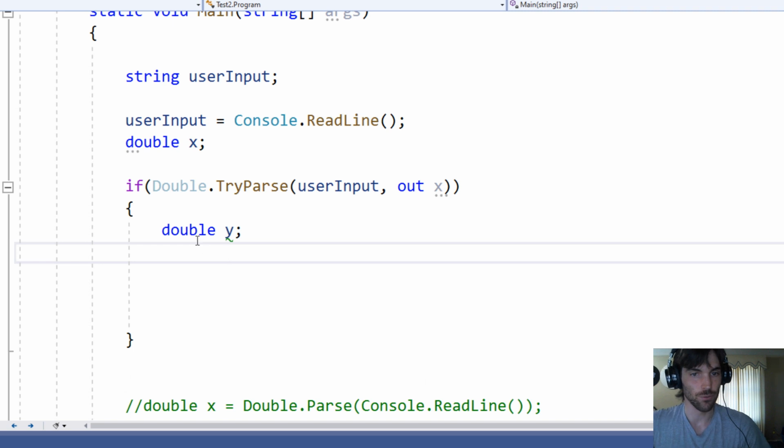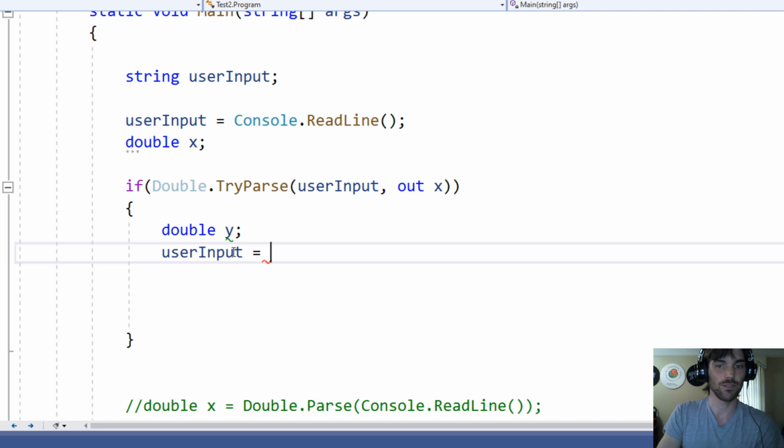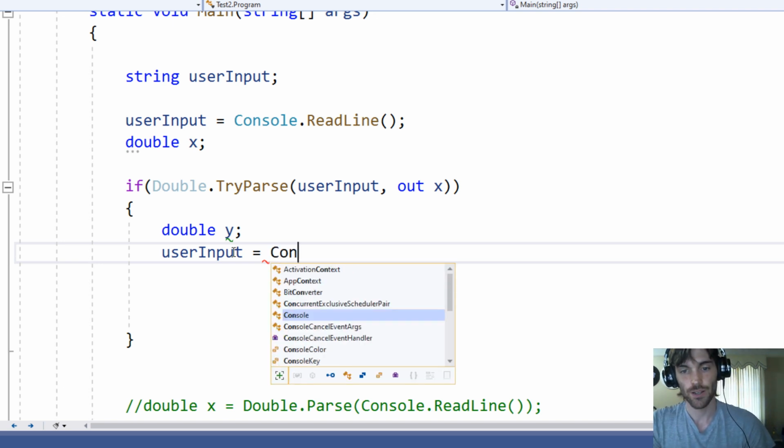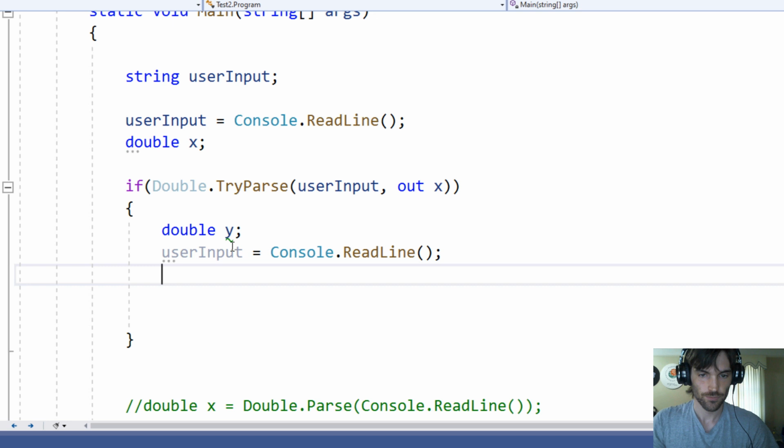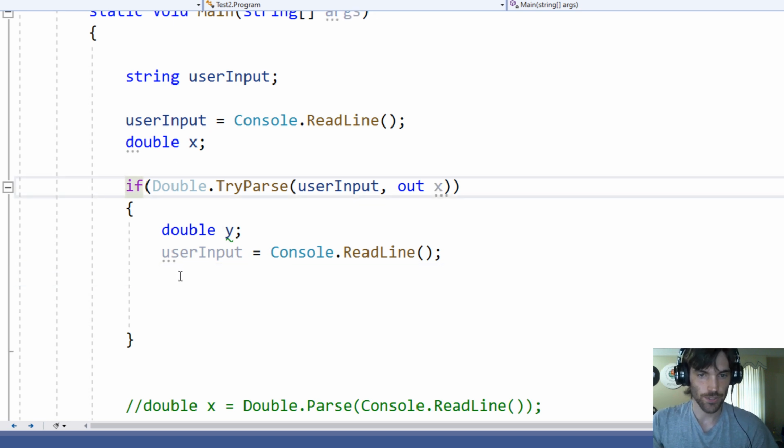We can reuse our userInput because we don't need to make another one, since we're just using this string as a temporary holder. We're going to do a ReadLine again, and then we do the same thing